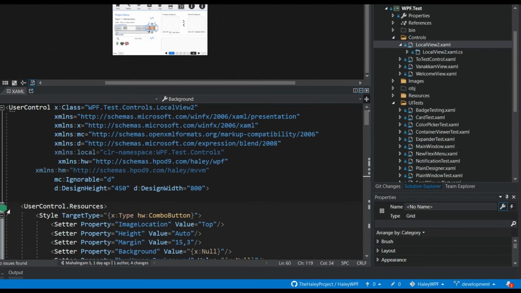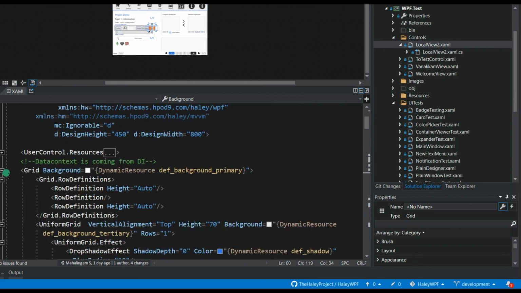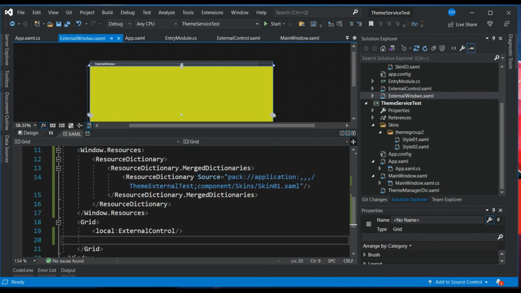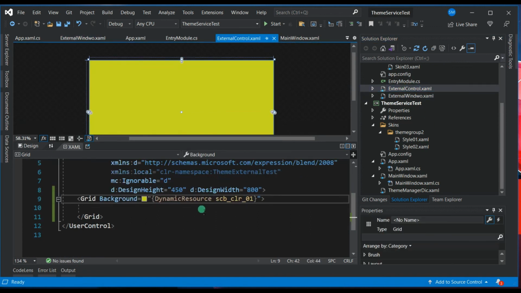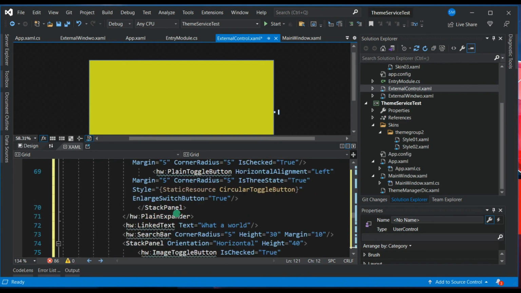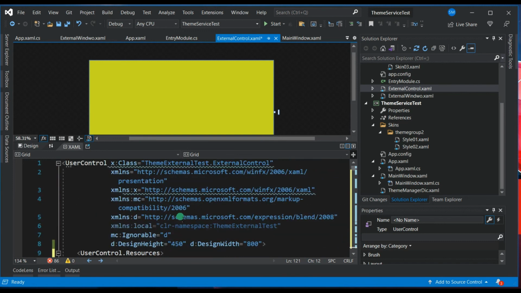I will copy this from my current implementation, go back to our code. This is Windows, right? Get inside our control, let us paste it here. It should throw exceptions because we don't have